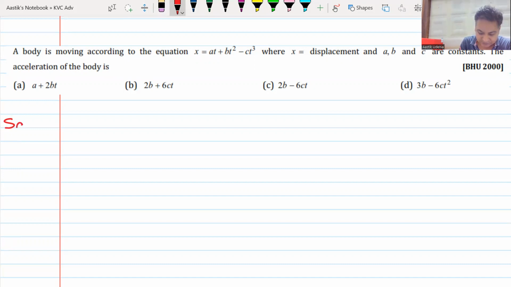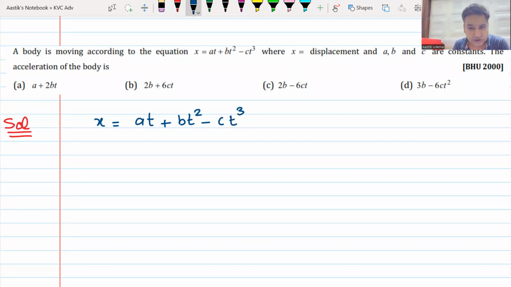So how do we do this? It's very simple. Displacement or x or position is given as a function of time. Remember, you don't have to write the value of x because in the examination hall, what matters is that you solve the question quickly, not step by step. So once you differentiate it a single time, first time,